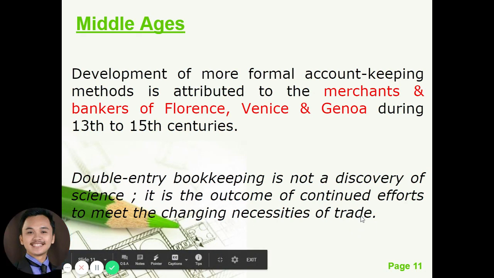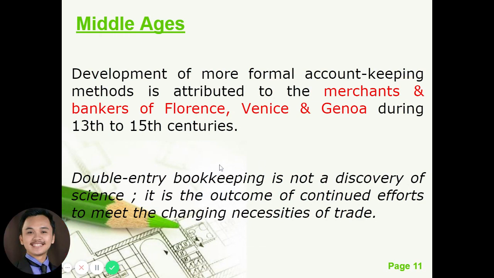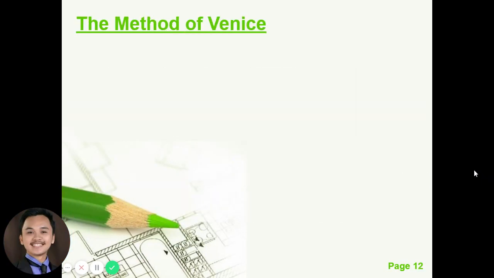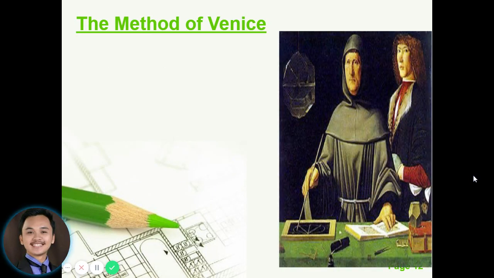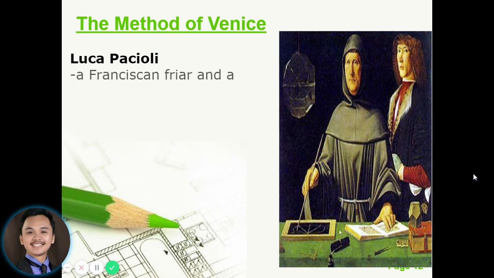Because in trade or in business, accounting is really important. Keeping records is really important because you will not know what is already the status of the business if you don't keep your records. So the method of Venice in this era,